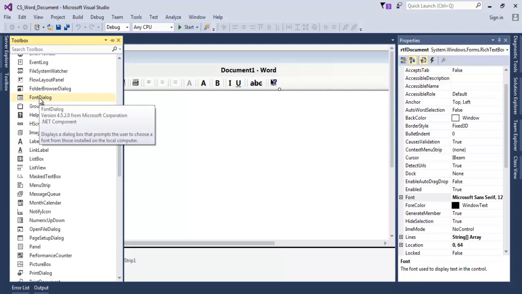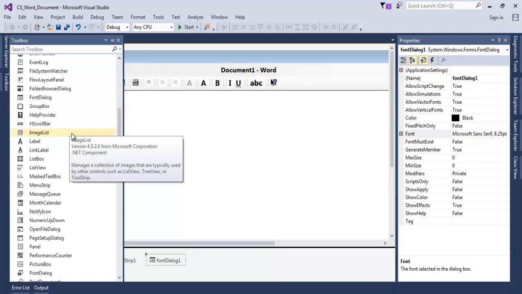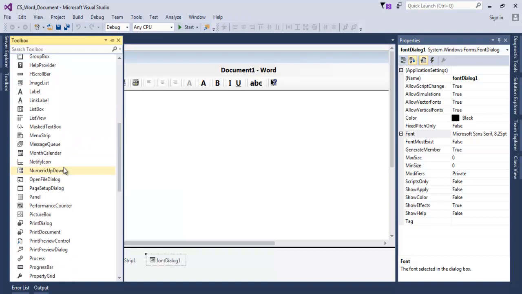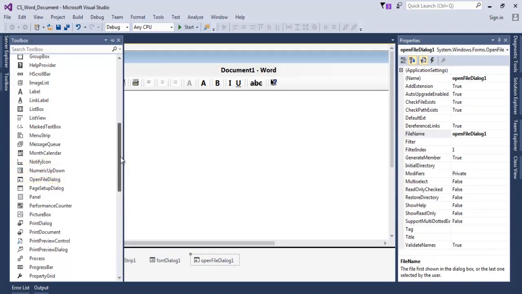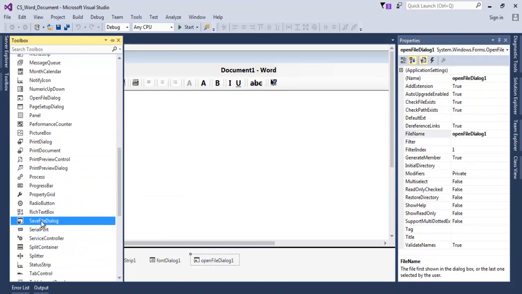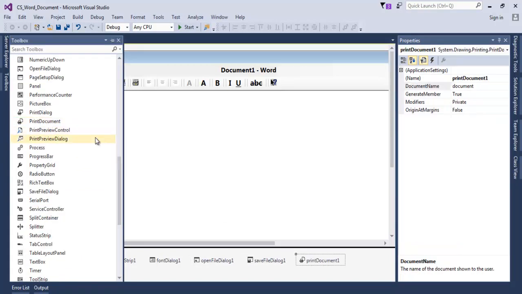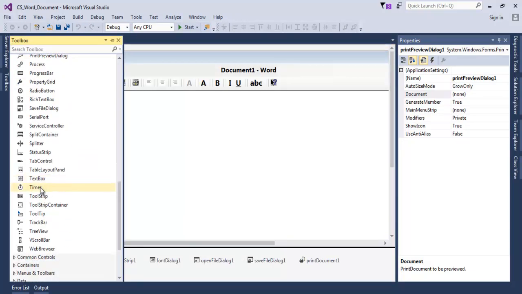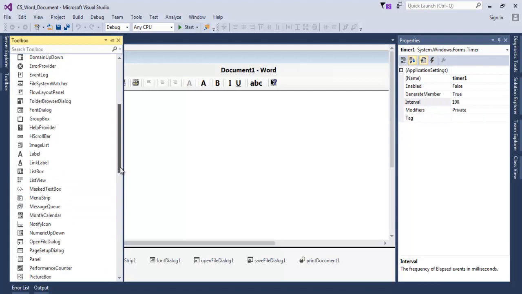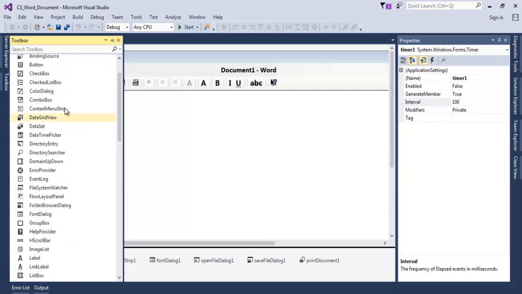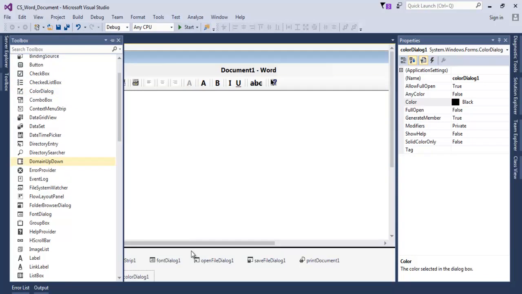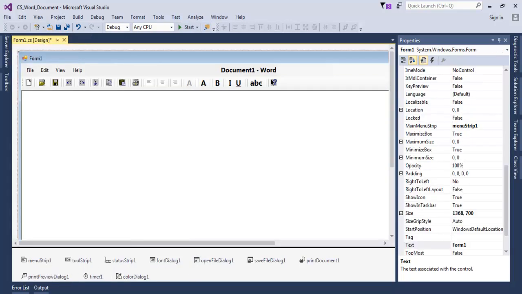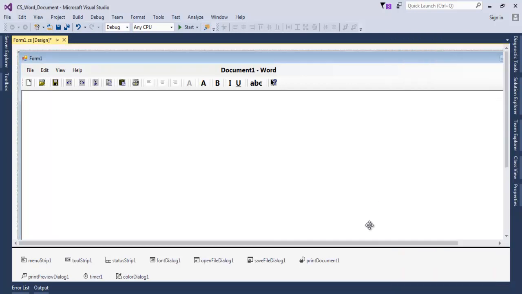Okay, font dialog, double click on that, we need that. Then we need open file dialog, we need save file dialog, print document, preview, need that. Let's go for timer as well, we don't need timer. Then we're gonna need the color as well, color dialog right there. Yeah, there they are. Okay, now that we have all our objects in place,